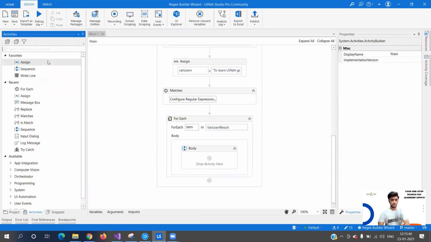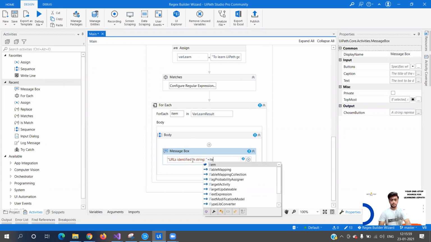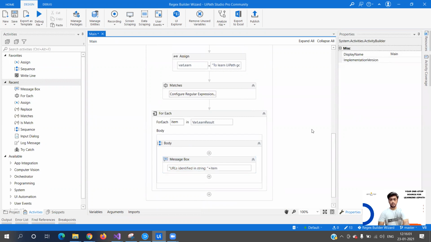And in the message box, URLs identified in string, plus item. I think we have configured everything, and let me just save this.